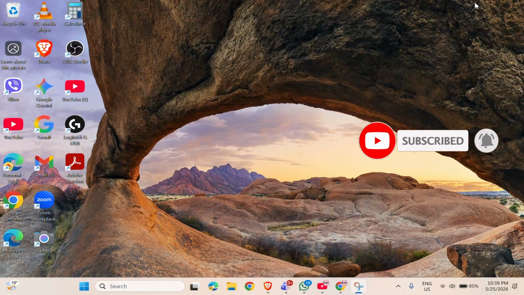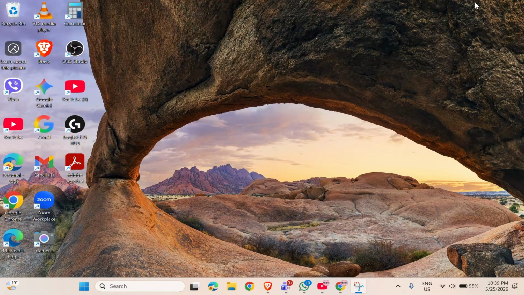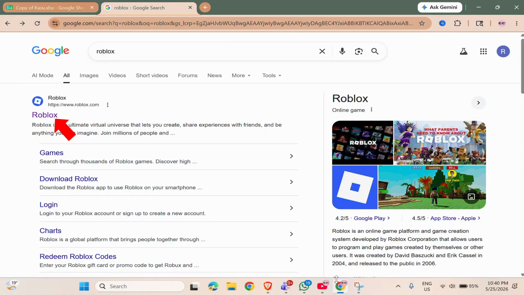So if you are using Roblox on your mobile phone and want to easily switch to PC, then you're in the right place. Let's get started. You need to head over to your browser and then search for Roblox, open up the link,